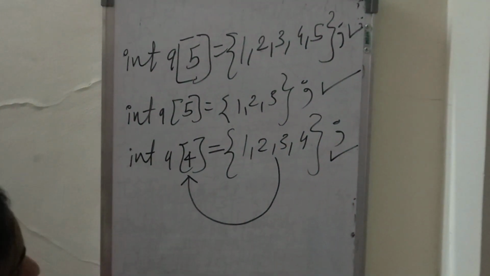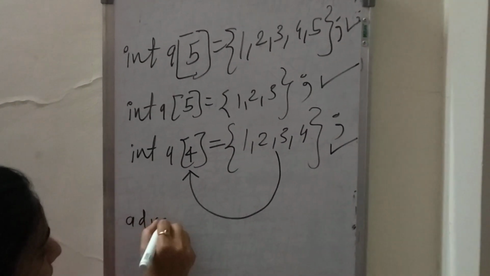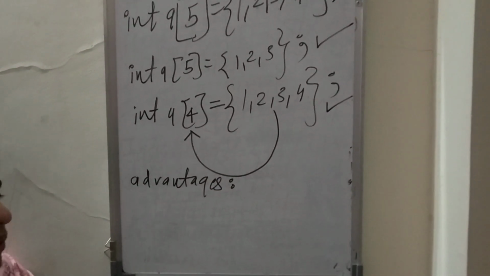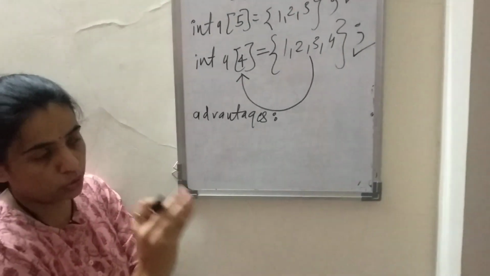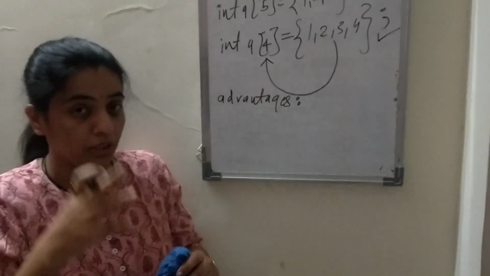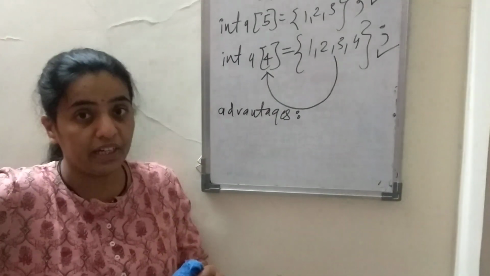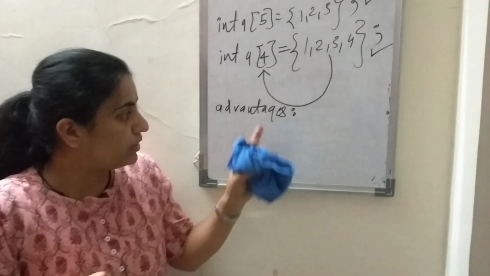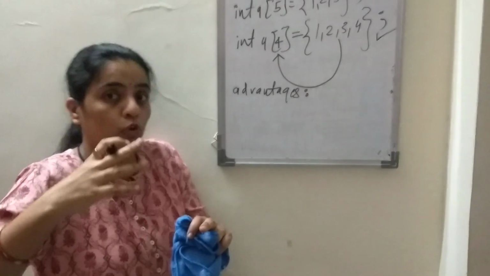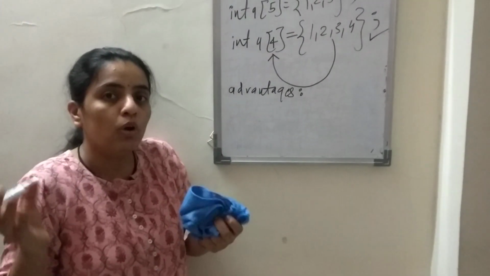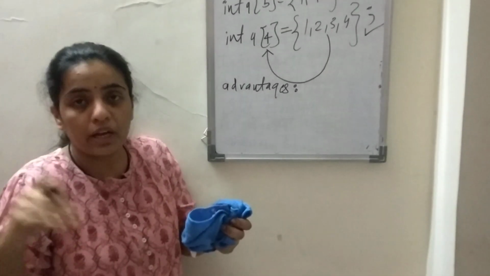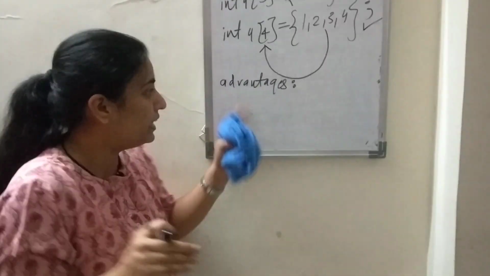Now what is advantage of using array? So I want to print roll numbers of 50 students. If I am doing this program by the basic methodology, I have to take 50 printf statements. Instead of that I will use array variable int a of 50, and by using for loop I can print the roll numbers of the whole class. So at one time I can display or store multiple elements. So this is advantage of array.